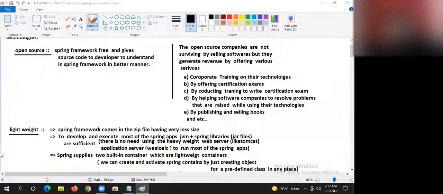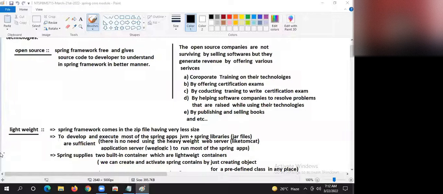To execute most of the Spring applications, we don't need heavyweight web server and application server softwares. And Spring supplies its own containers, which are nowhere related to Servlet JSP containers and which are again lightweight. 1-2 predefined classes will be there, guys. You just create object for those predefined classes.